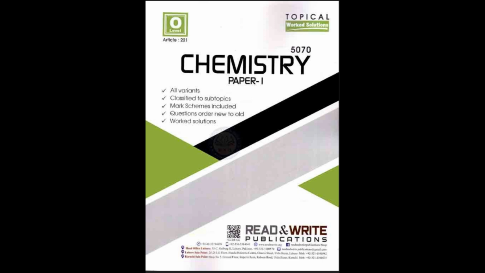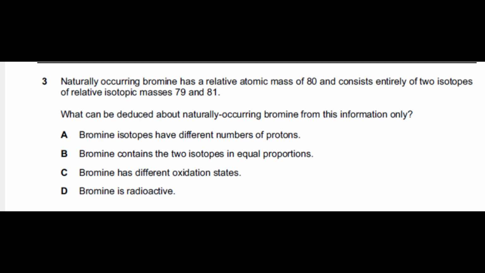This video will explain the past paper questions related to the topic isotopes. Let's look at the first question. The question is saying the naturally occurring bromine has a relative atomic mass of 80 and consists entirely of two